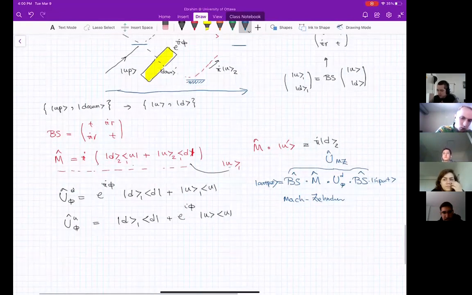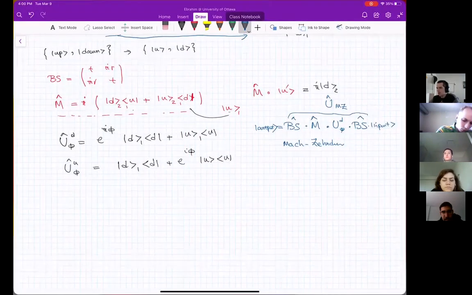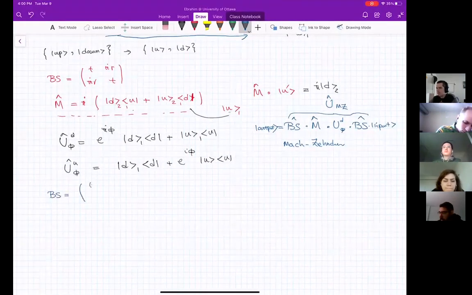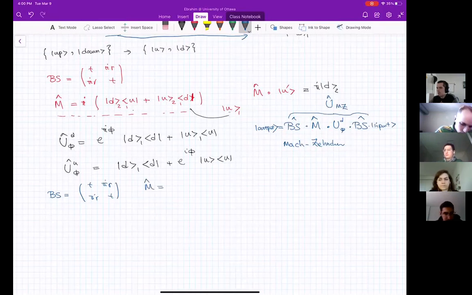So I know the beam splitter. The beam splitter is T, I R, I R, T. What about the mirror? Felix, can you tell me? I times 0, 1, 1, 0. Excellent. Merci. Josh, for U phase